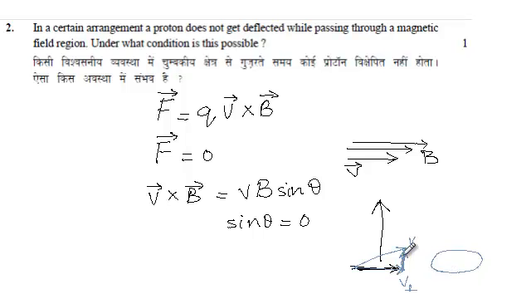But due to this component of velocity in the vertical direction, it will also have a component in this direction, so the path will become helical. And the velocity in this vertical direction is this vertical component which is parallel to the magnetic field. So in this case the path will be helical, whereas if it is completely perpendicular to the magnetic field, then the path will be circular.